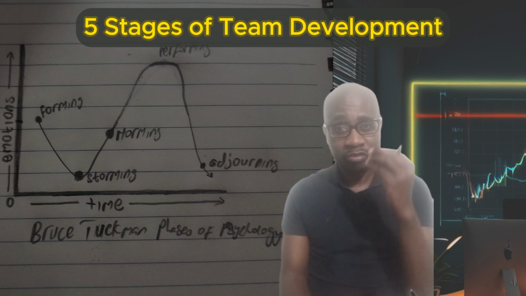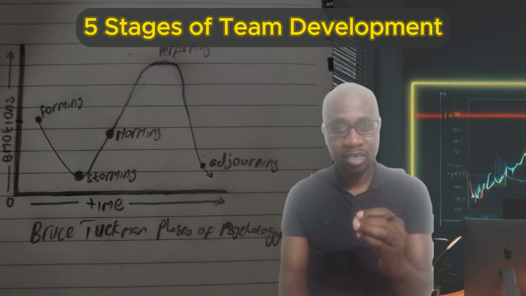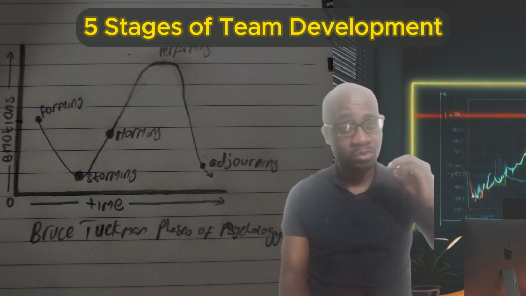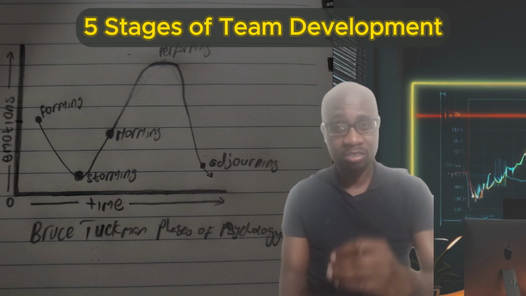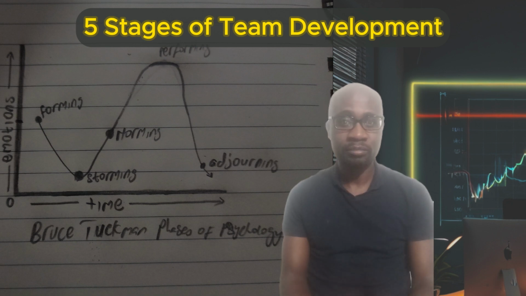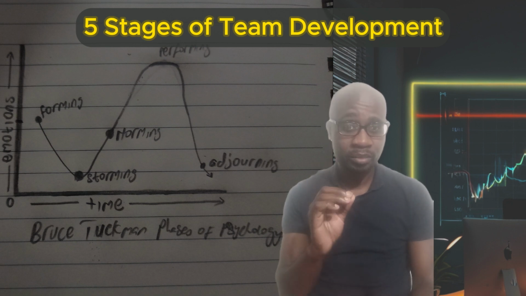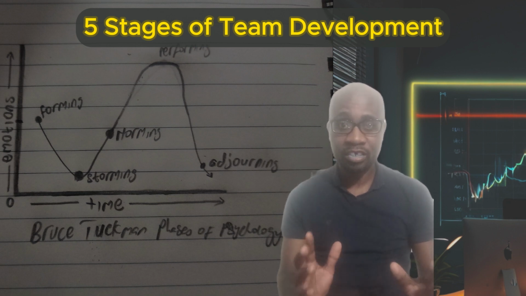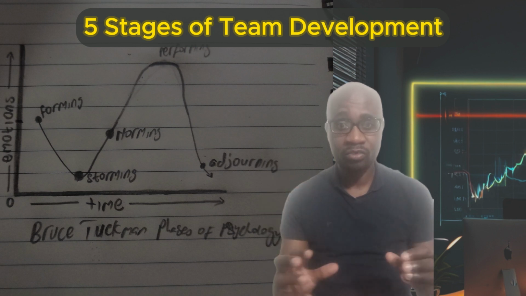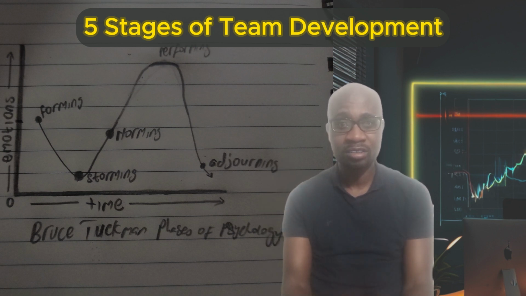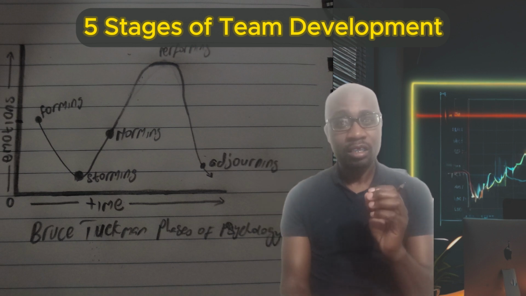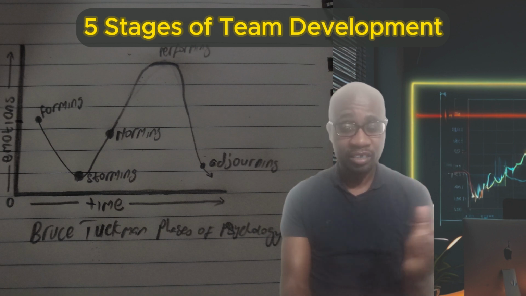But in this zone of performing, you now have the team that is high on morale. The team is eager to push, get the goals, get to win. That is a very good part in terms of the psychology and the mindset of the team in this stage. They've already seen that together they can do better, and they're doing better in this stage. And this is what you also need to have earlier.